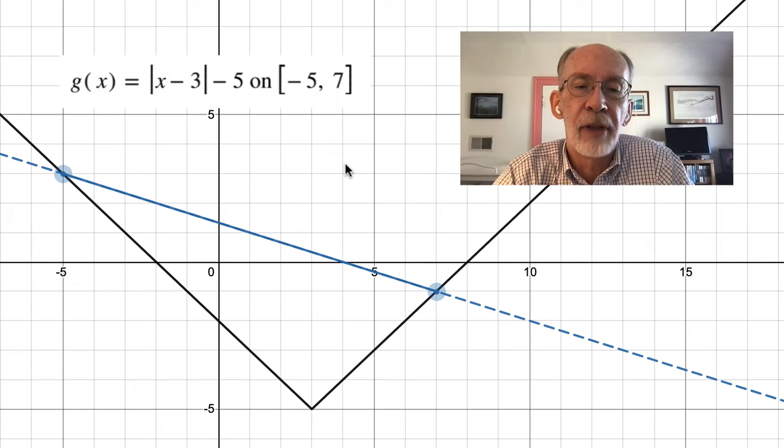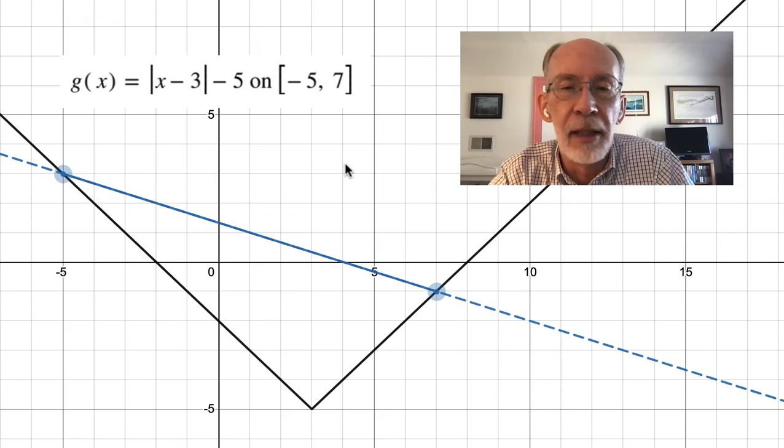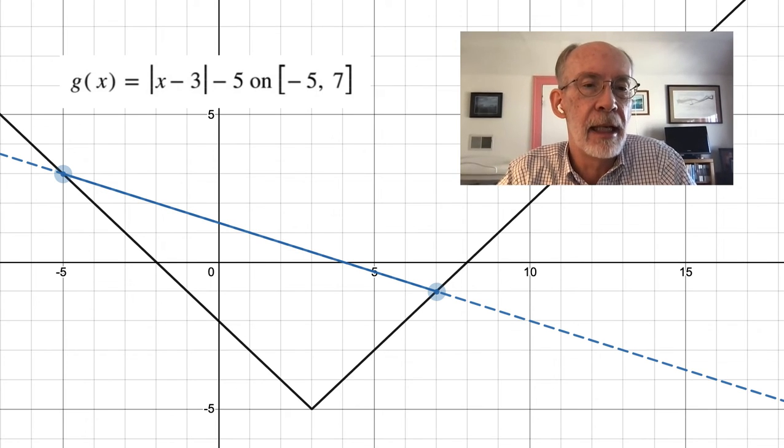Here is our second example. This is the function y equals the absolute value of x minus 3, minus 5, on the closed interval -5, 7. And you see here the graph of the function and then also the secant segment as belonging to the secant line. If I turn on a tangent line